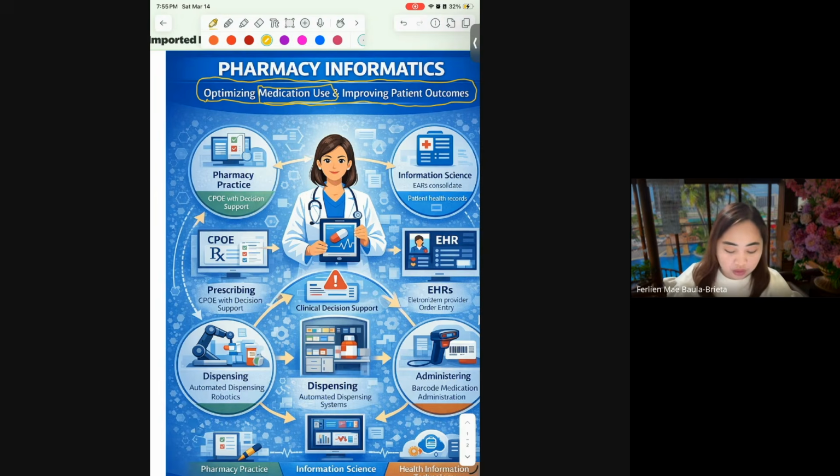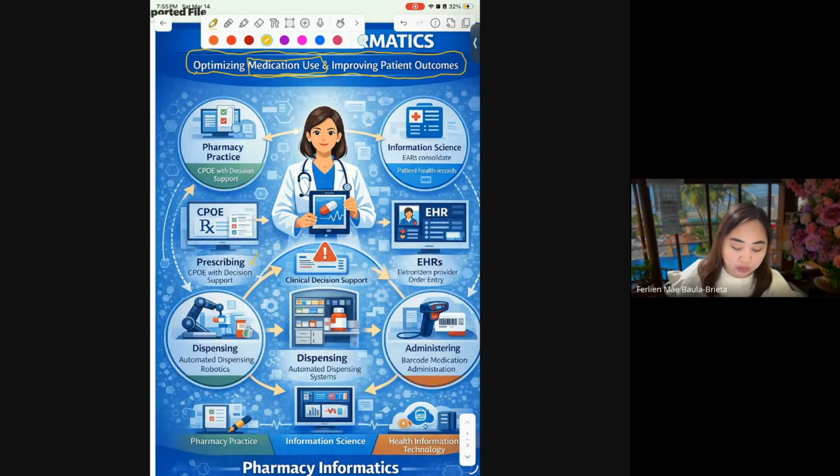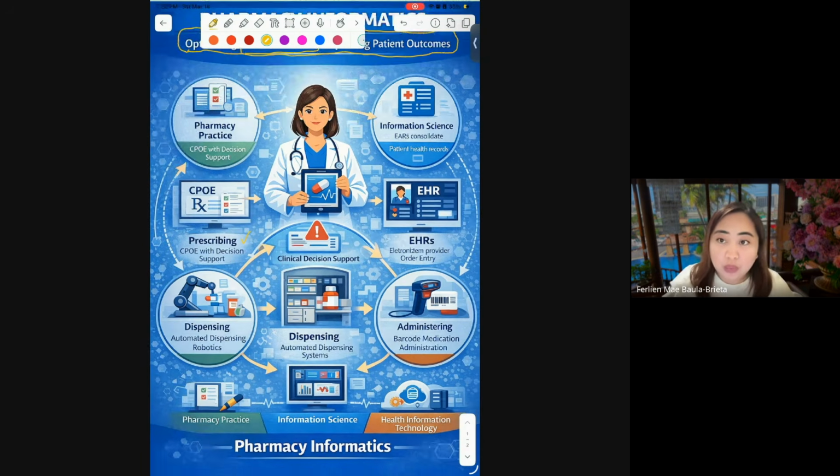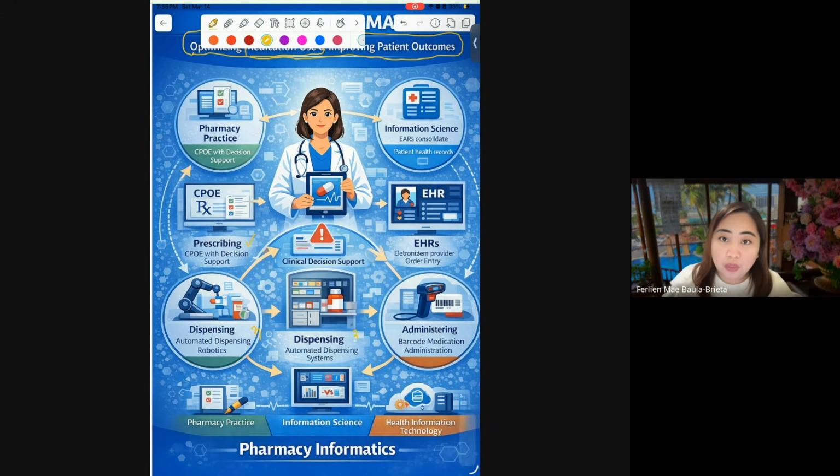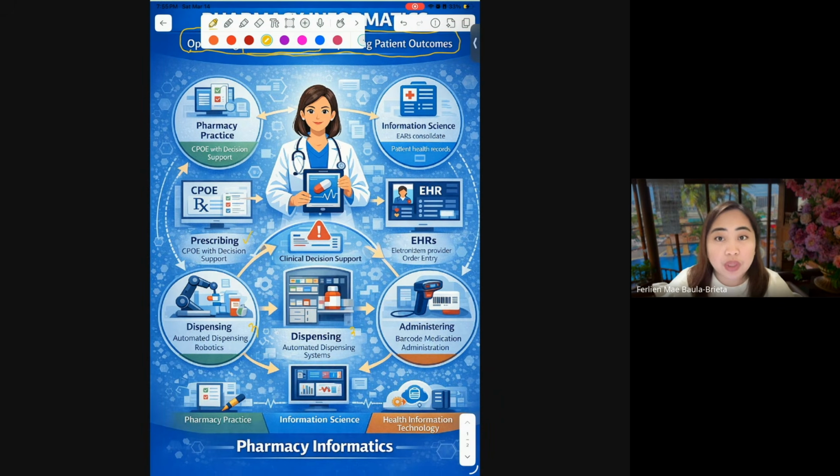With regards to the medication use process, it typically involves 5 steps. We have here prescribing, the first one. Then we have transcribing, followed by dispensing, followed by administering of the medication, and then, of course, monitoring. So I would like to reiterate, the medication use process usually has 5 steps. It begins with prescribing, transcribing, and then we have dispensing, administering, and monitoring of medication.